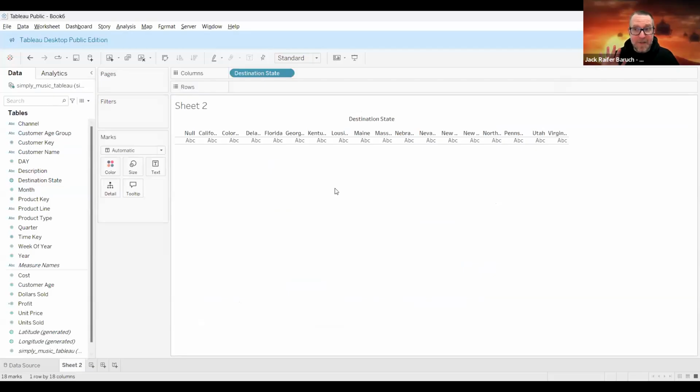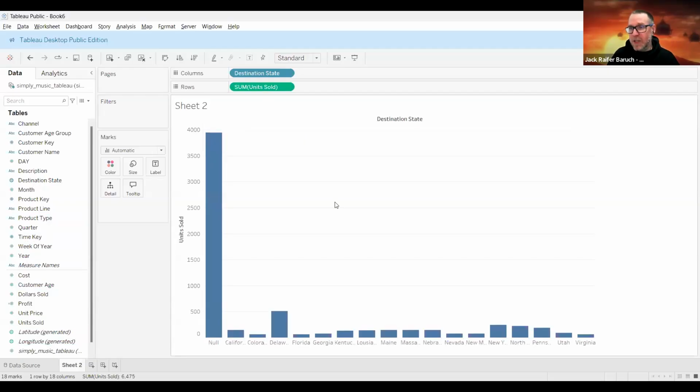Now, this is going to take a few steps, and we'll go through it again if we need to, so don't worry about it. And then we are going to move units sold onto the rows area. So we go down to where you have the measure names, and we're going to get the units sold onto the rows. Okay, that is going to build, just because that's the default, a bar chart,